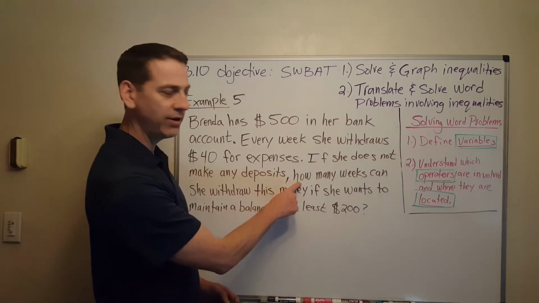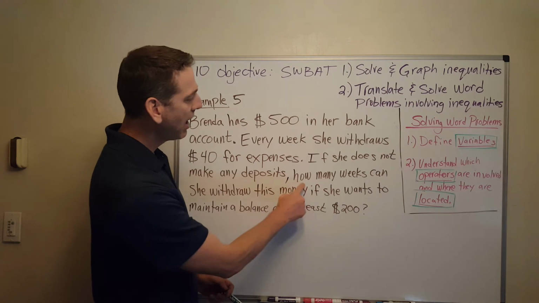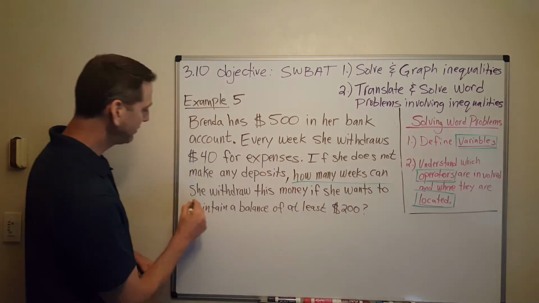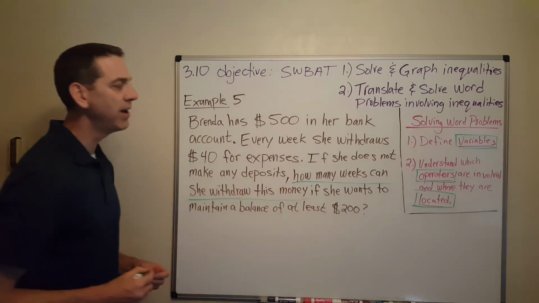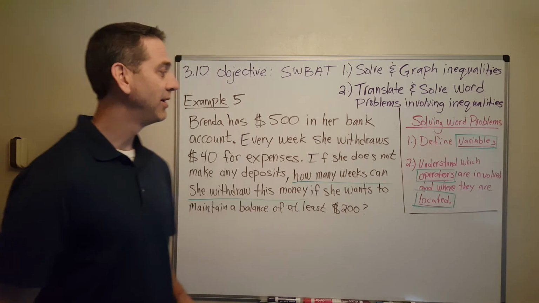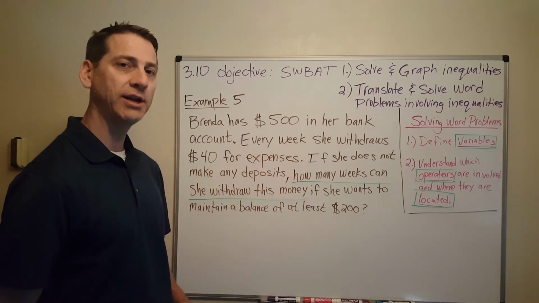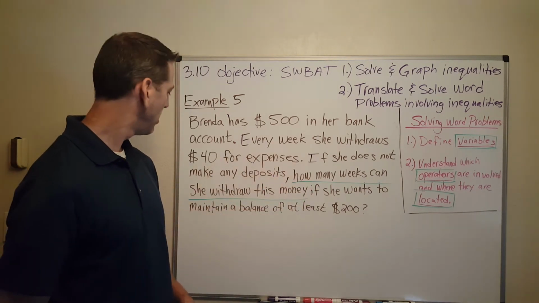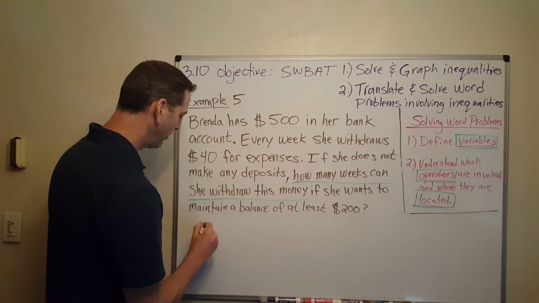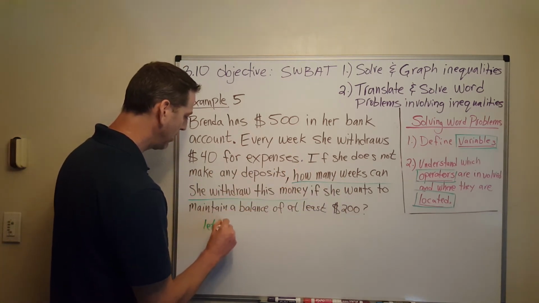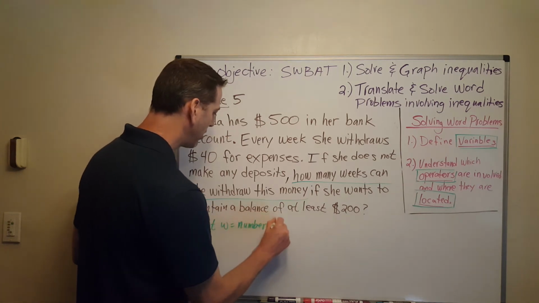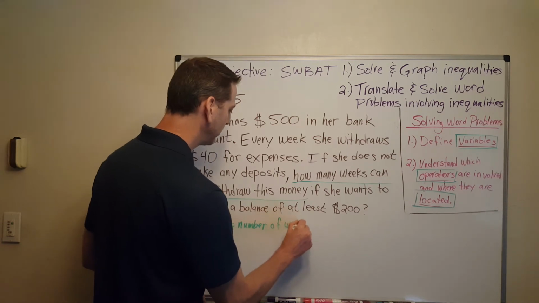Well, you look right at the end of their sentence, at the end of the problem. How many weeks can she withdraw this money? There it is. There's your variable. So what would you like to choose? What letter would you like to use? How about W for weeks? That sounds pretty good. So I'm going to say let W equal number of weeks